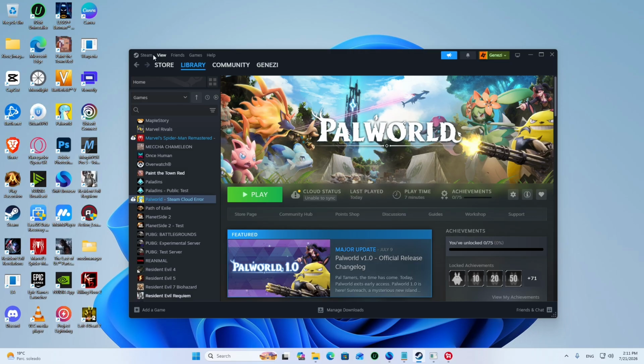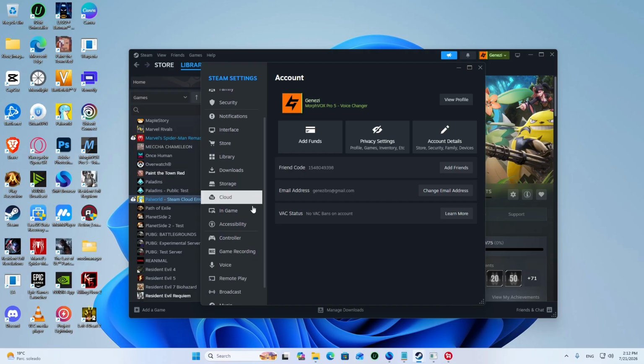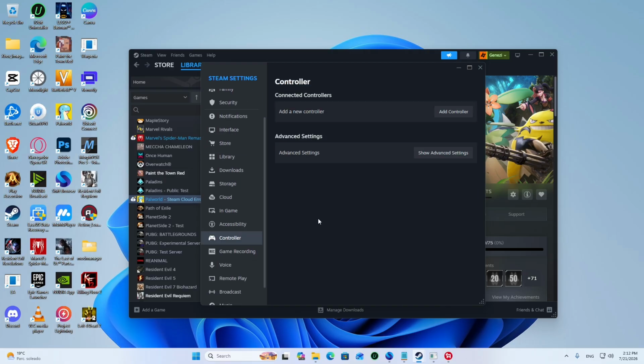We go up to the left, in Steam. Now in options, and we go to where it says controller. Now we look for where it says show advanced settings. And now,